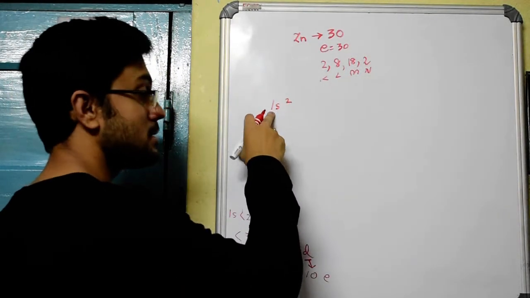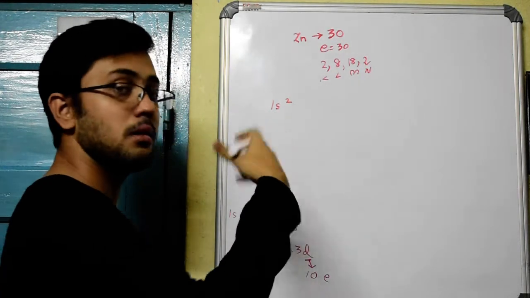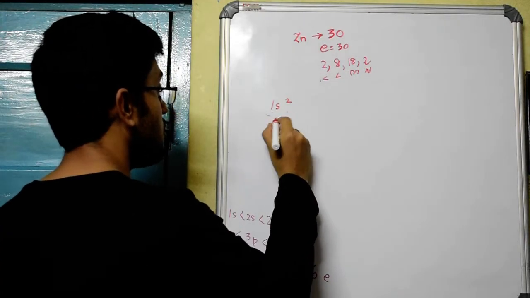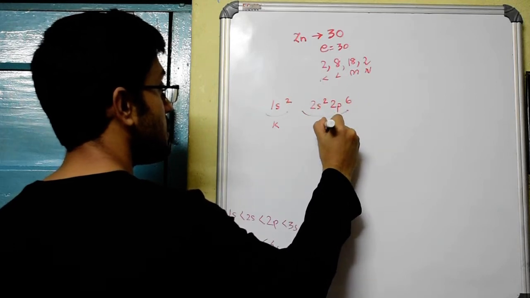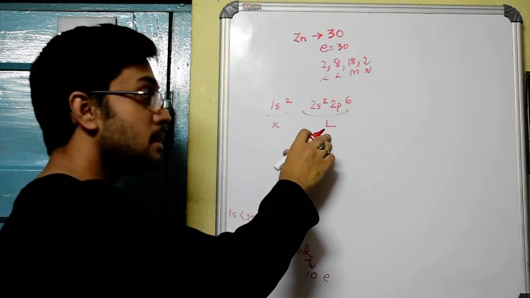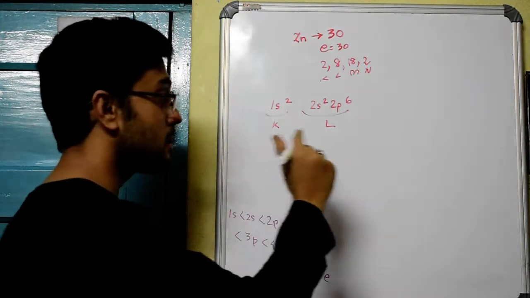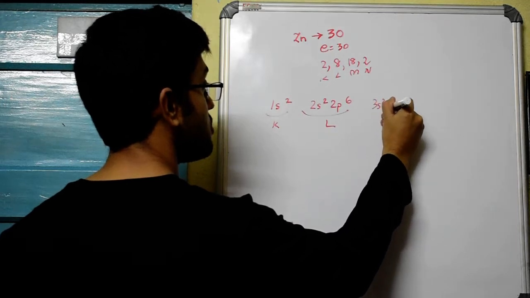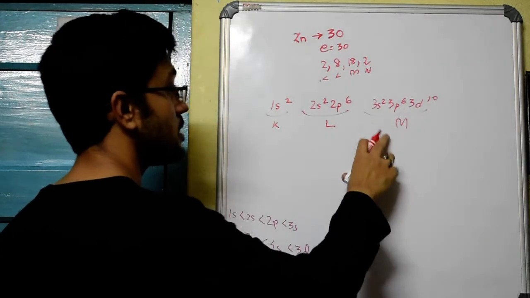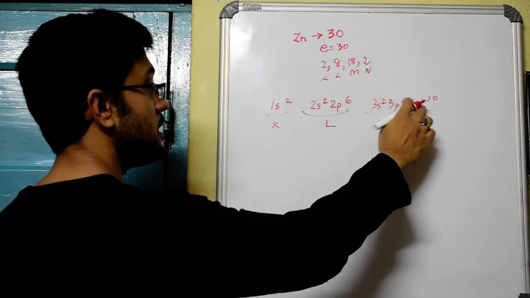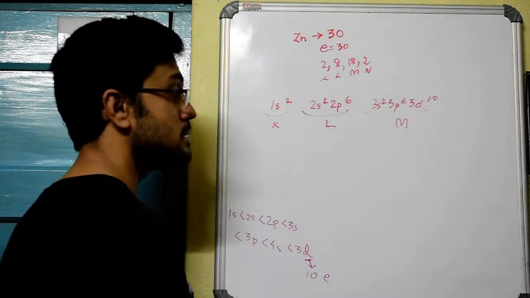1s2: 1 stands for the K shell, s stands for the only orbital it has got, and 2 is the number of electrons it can take. So 1s2, 2s2, 2p6. 2 stands for the second shell, s and p are the orbitals, and 2 and 6, that is 8 electrons, are what it has taken. 3s2, 3p6, 3d10. The entire thing is the M shell. 3 stands for M, and s, p, d are the 3 orbitals types that M has got, and these are the number of electrons it can take.